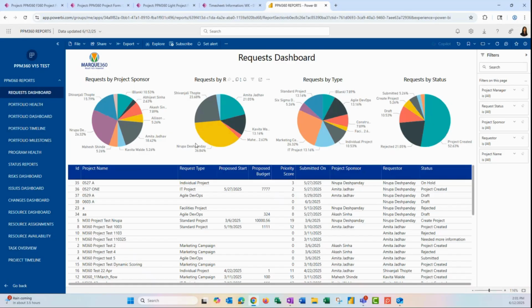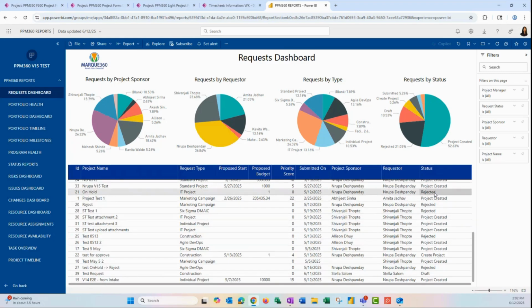PPM360, there are also reports available. The reports cover multiple parts of PPM360. The first one here is related to the request, that intake request that we saw earlier will show here. And here, what we can do is view how these requests look. If there's anything that needs attention, right? If there's something that is waiting for approval, we can identify that here in the status column